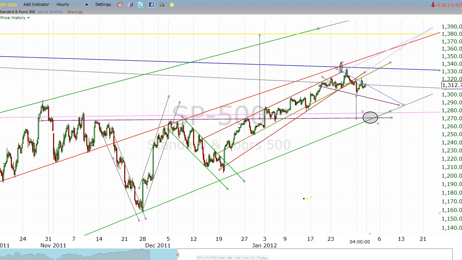You take your position at one of 3 places. It is either on a return to the neckline, which would be a return to the 1270s level, or it is a return to the line drawn from the extreme end of the head across the